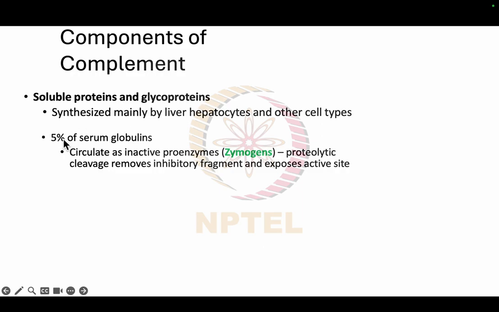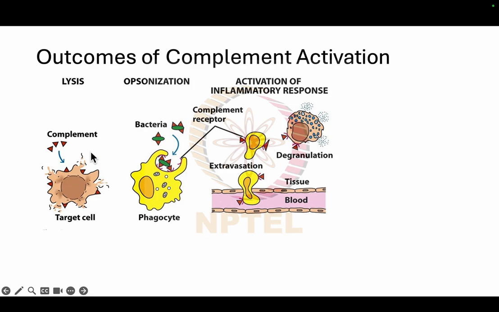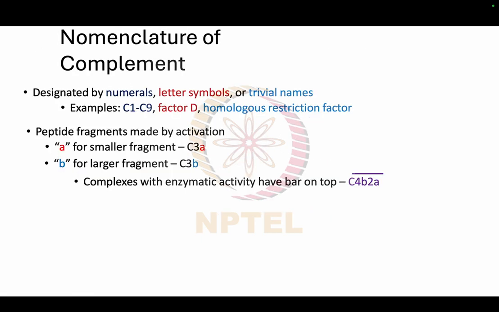We have discussed that 5% of serum globulins are complement proteins, and that they circulate as inactive proenzymes, which are also called zymogens. Proteolytic cleavage happens, which removes one inhibitory fragment and exposes the active site. So it can do lysis, we have talked about this. It can do opsonization and also activation of the inflammatory response. Nomenclature of complement designated by,